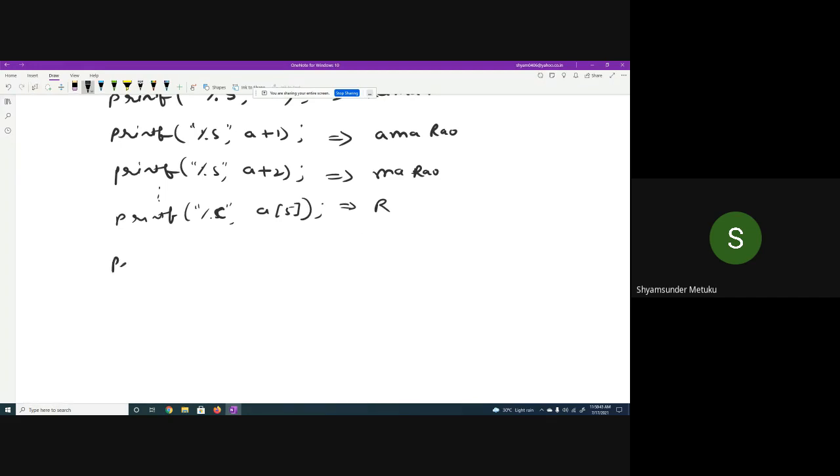Now I'm giving you one more option: printf %u a. What is it going to print?